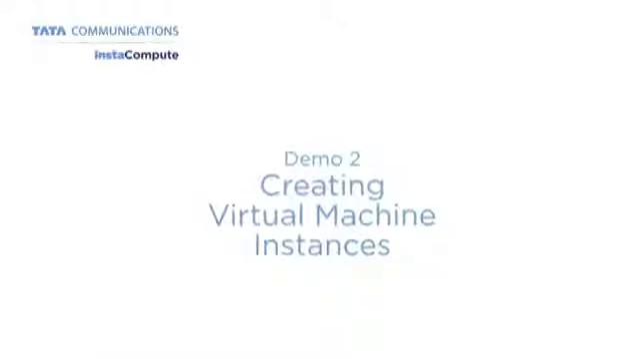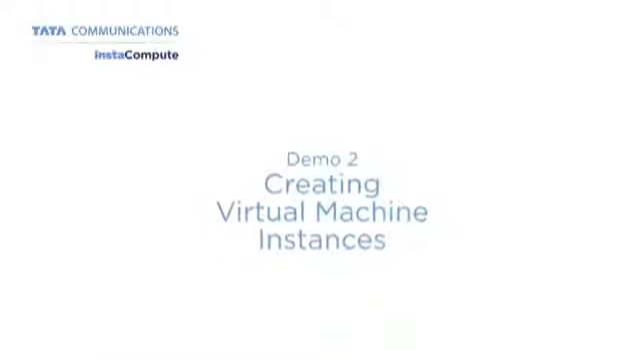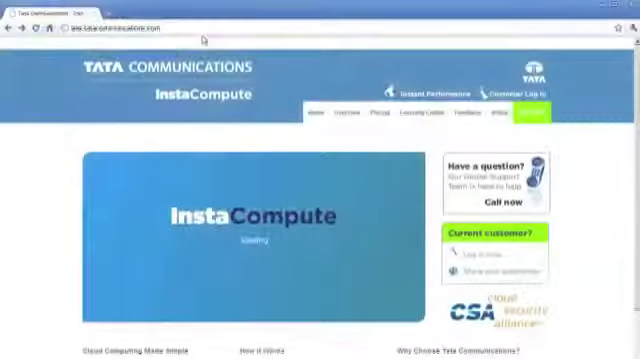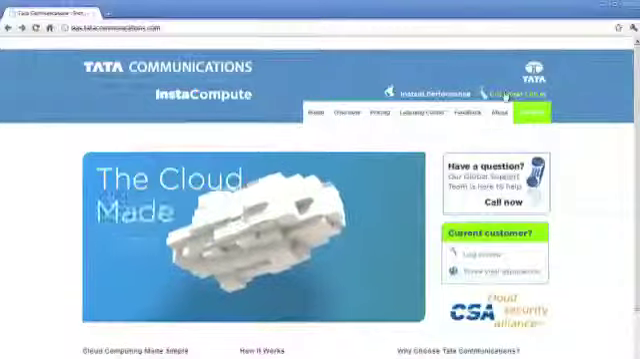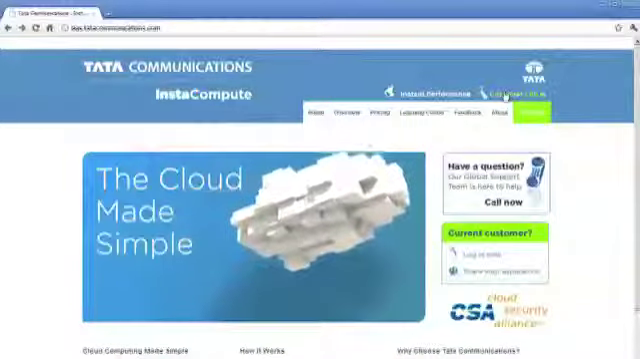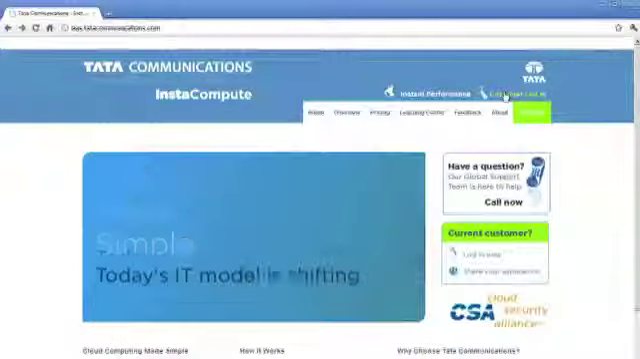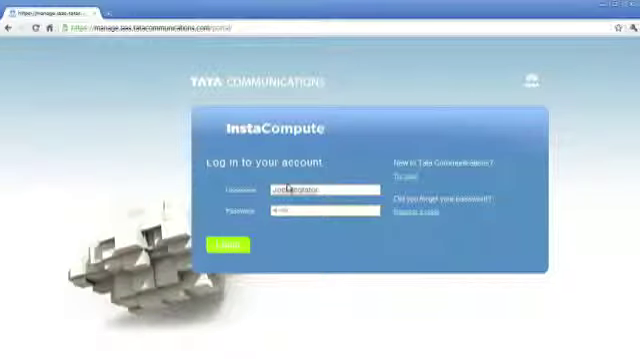InstaCompute is managed through an online management portal that enables anywhere, anytime access to your virtual servers. You can log in from the InstaCompute website or go directly to the online management portal at manage.iaas.tatacommunications.com. Let's log in with the username and password created during sign-up, and we'll come to the homepage of the InstaCompute